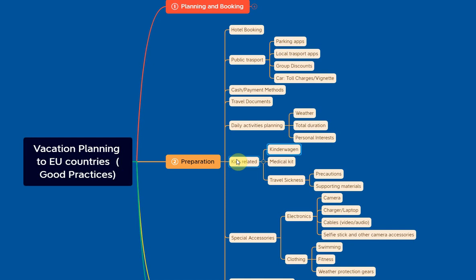You might need to leave the Kinderwagen in front of the gate and then come back and pick it up later. Medical kit for kids is very important, so you carry the necessary medicine. Of course, this depends on individual needs, but it's necessary that you carry it, because it will be very difficult to buy if you are not aware, especially if there is a language barrier and no one to support you locally.